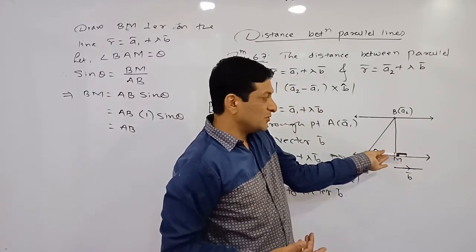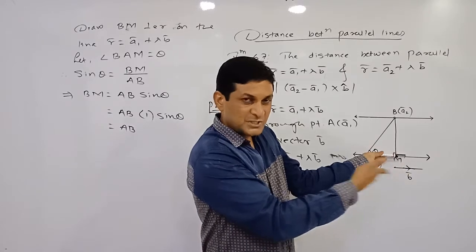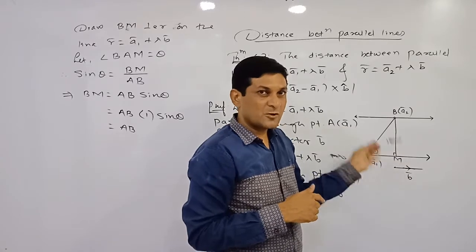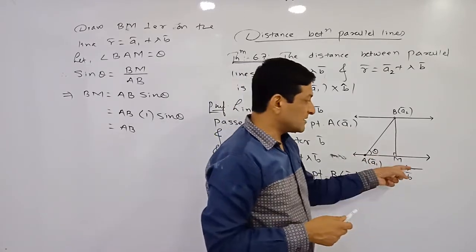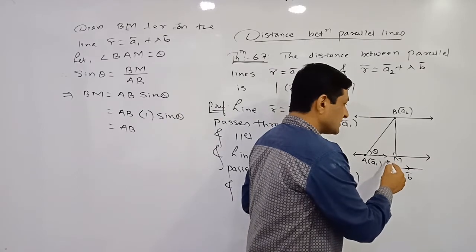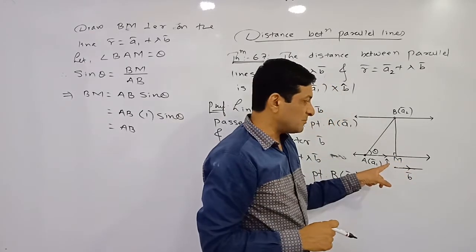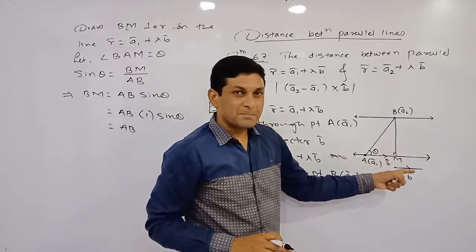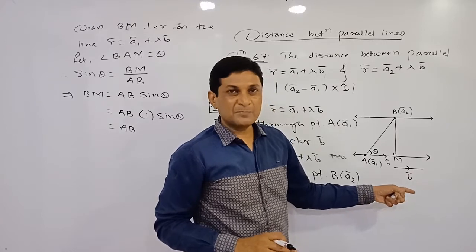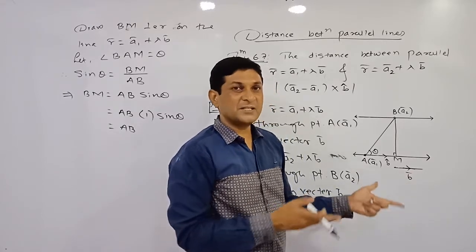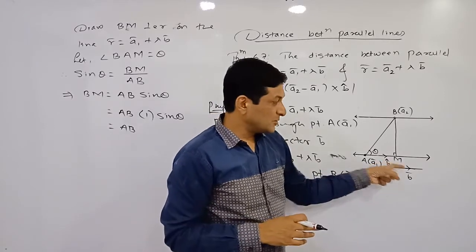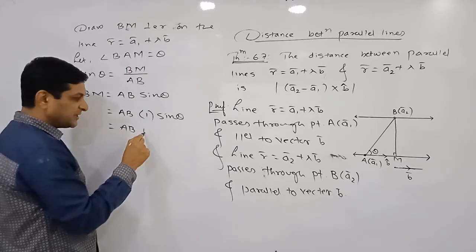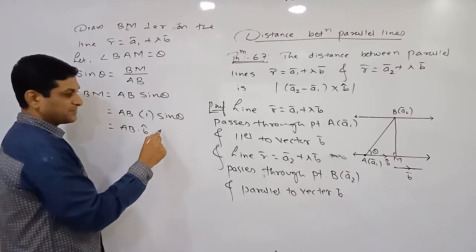So this vector can be moved without changing magnitude and direction along this line also. Means we can say that b bar is a vector parallel to the line, or b bar is a vector along the line. So if b bar is a vector along this line, the unit vector along this line is what? B cap. I am supposing that b cap is the unit vector along this line. Getting it? Means b cap is a unit vector parallel to the line, parallel to the vector b bar, or along b bar. Okay, so here this one can be replaced by b cap sine theta.